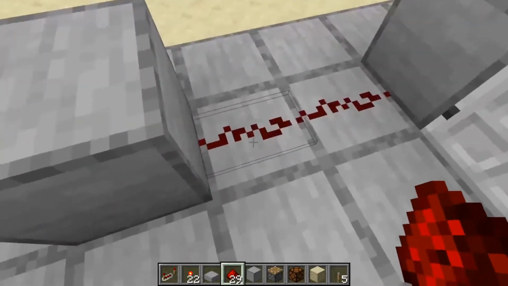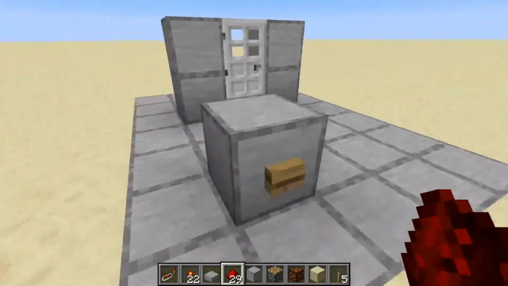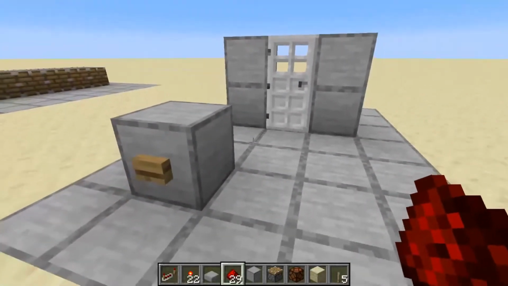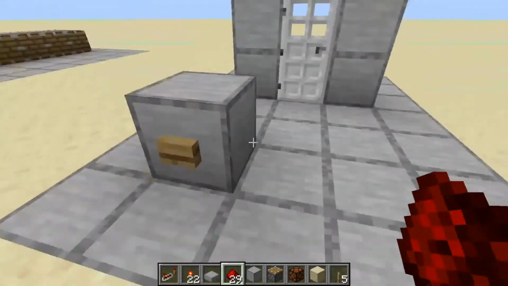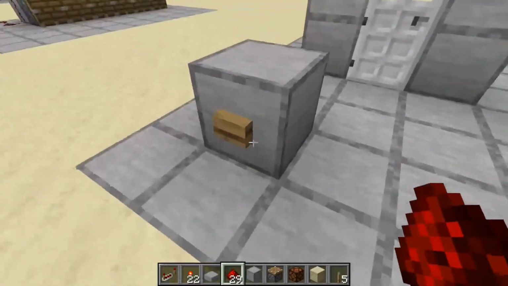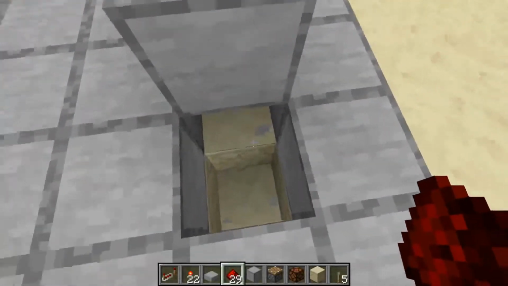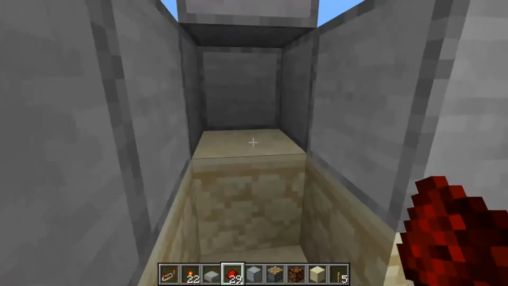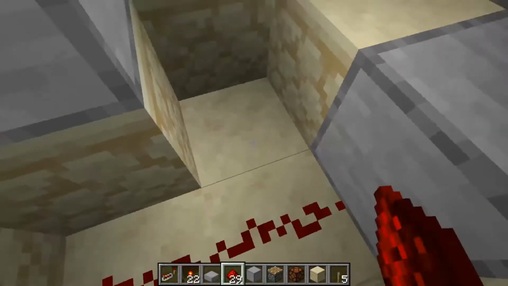But let's say I don't really want to see this. Redstone isn't the prettiest of things, so I want to, if at all possible, make as much of it as I can invisible so I can't see it. So let's go underground with this. And if I break away a few blocks, here's some that I've broken earlier. If I place redstone dust like this,